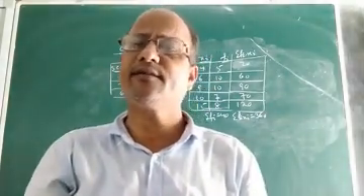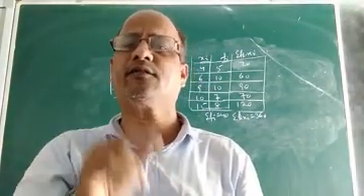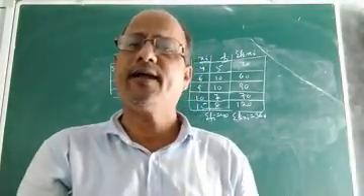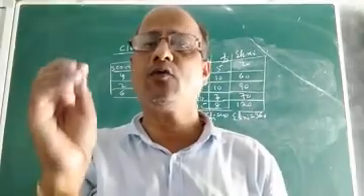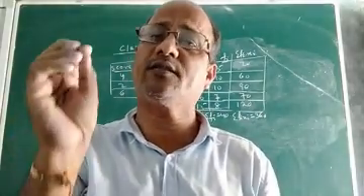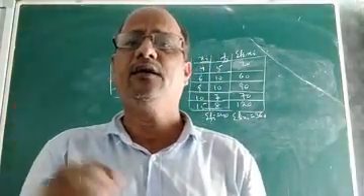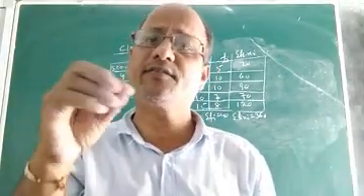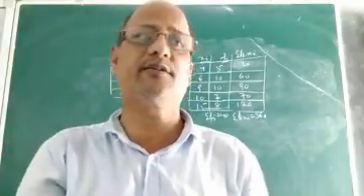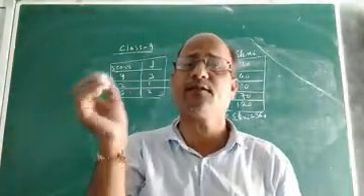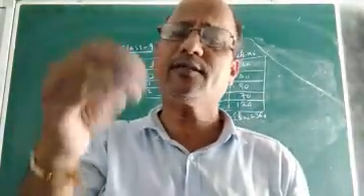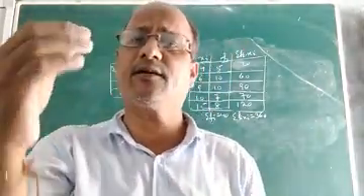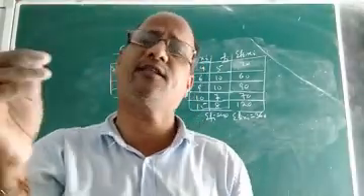Children, in the last class I discussed the concept of two measures of central tendency, namely your mean and mode. I discussed in detail what is mode and how to find the mode of a distribution, particularly ungrouped data, and how to find the mean of ungrouped data, or discrete frequency distribution or grouped frequency distribution. Once again I would like to revise those things. Then only I will go to the next measure of central tendency, that is median.